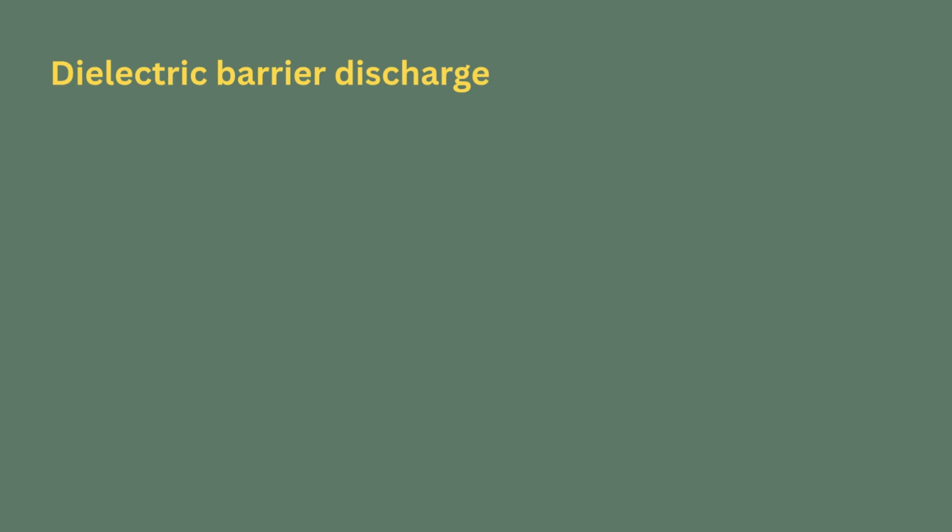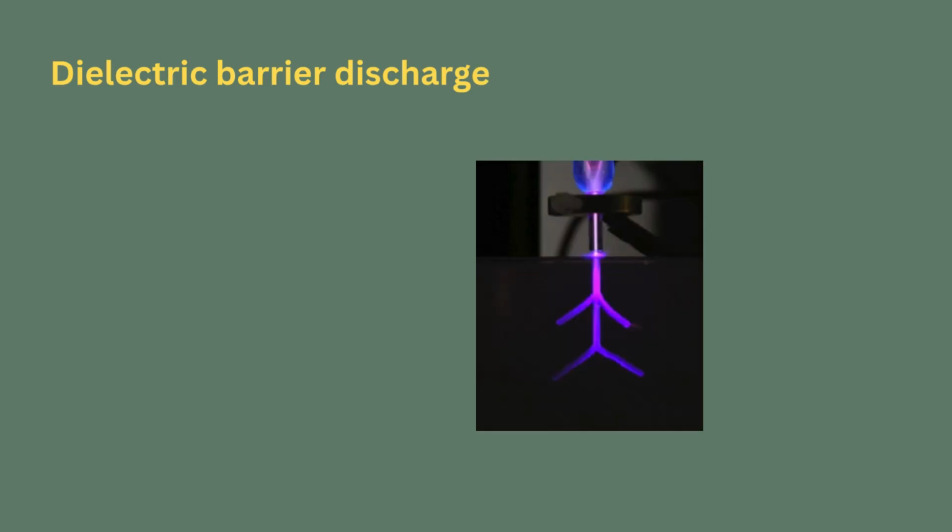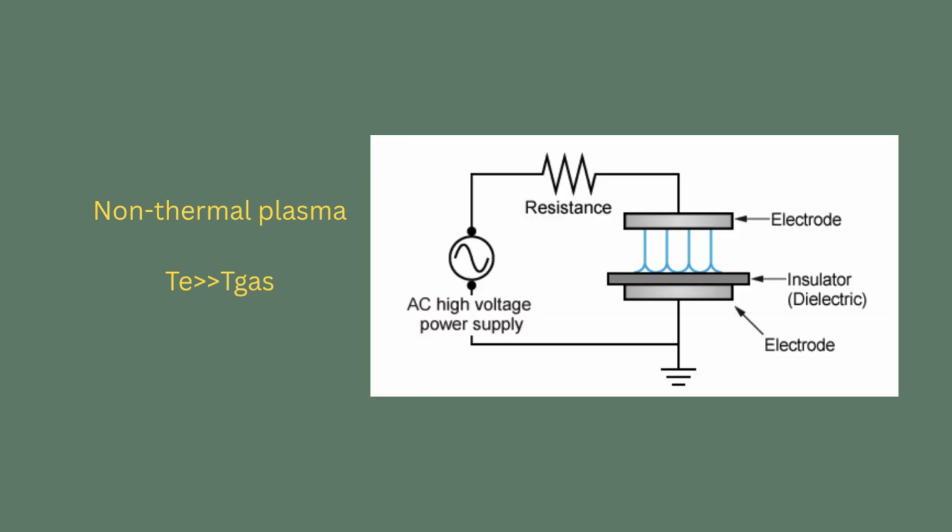Having examined the structure of a glow discharge, we will now turn our attention to a highly versatile and technologically significant plasma of electrical discharge, the dielectric barrier discharge, or DBD. This is a specific class of non-thermal, non-equilibrium plasma characterized by the presence of at least one dielectric layer in the current path between metal electrodes. This simple addition fundamentally alters the discharge physics, enabling operation at atmospheric pressure and giving rise to a unique transient